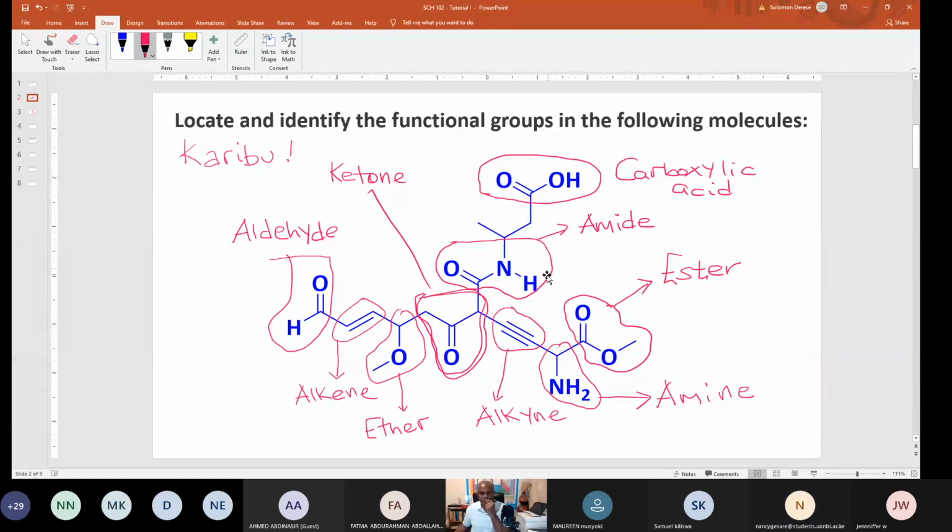The same applies to this. It is an amide: carbon double bond oxygen together with a nitrogen. This one is an amide. You cannot say ketone and amine. An amine is where you have a nitrogen directly connected to a carbon, and then that carbon is connected to another carbon like that. But not this one. We have a nitrogen connected to a carbon, then that carbon is bonded through a double bond to oxygen. This one is an amide. Okay,